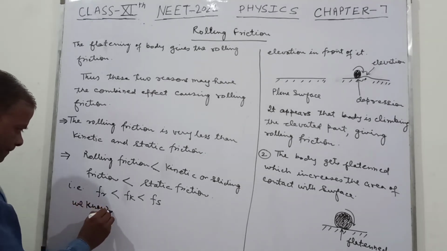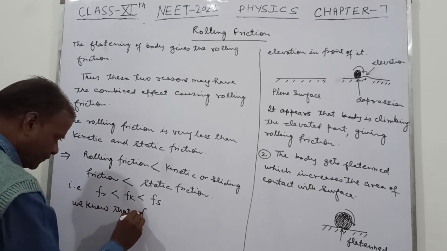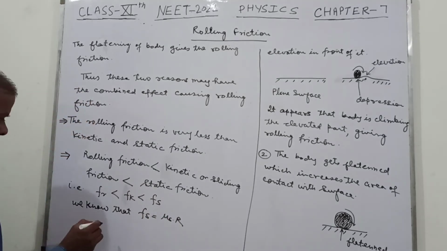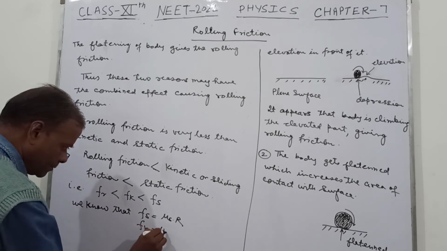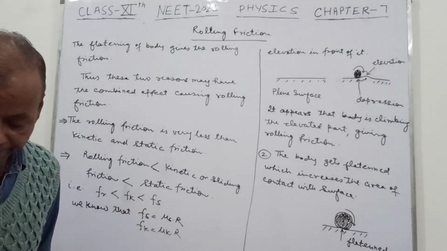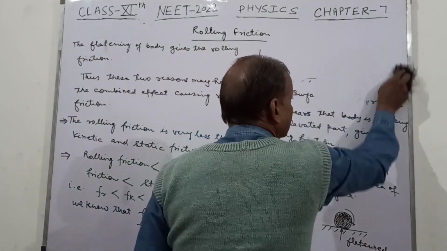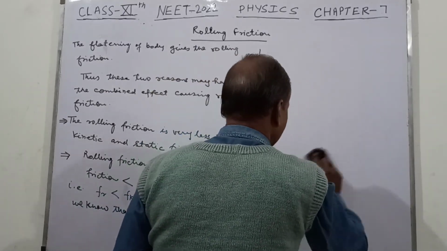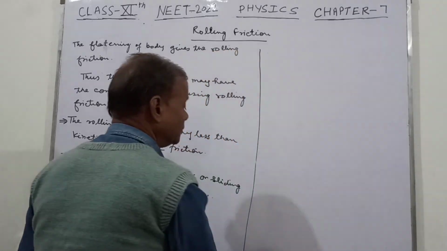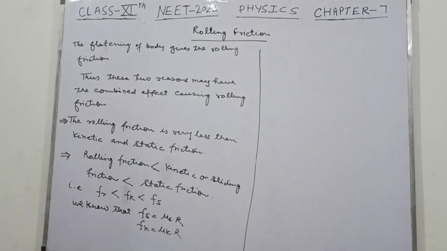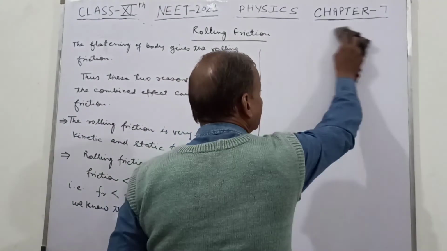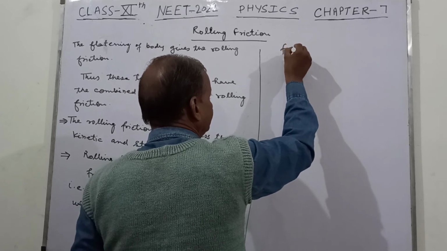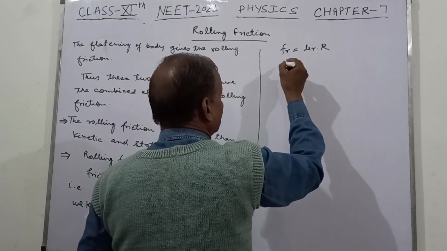Now we know that Fs equals mu s into R, and Fk is mu k into R. And Fr is mu r into R, where